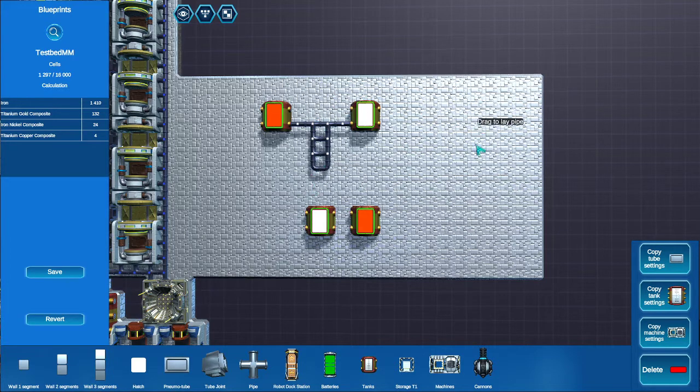So you cannot run pipes next to each other, so you have to have a gap between the pipes. There is a way to get around that. You can use junctions to help with that, but it can be very hard to use a junction because you have to constantly space everything